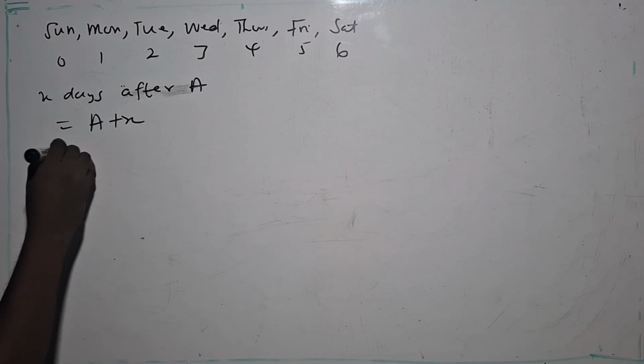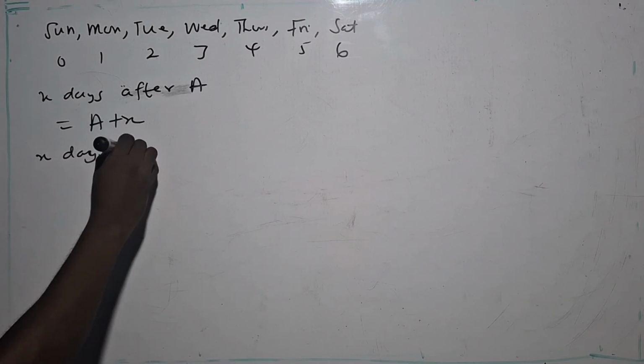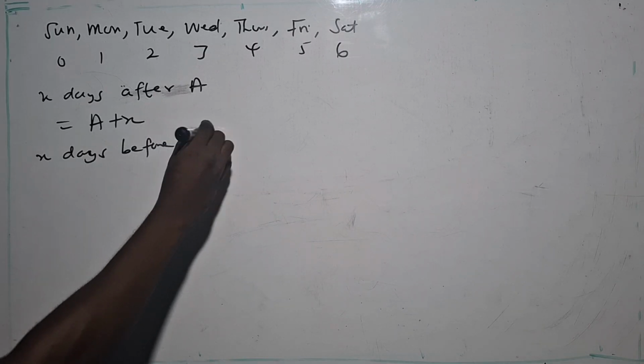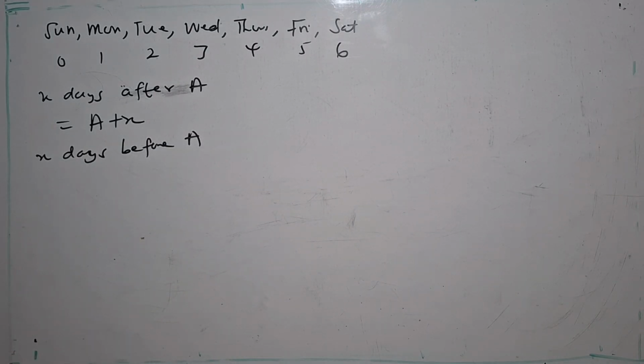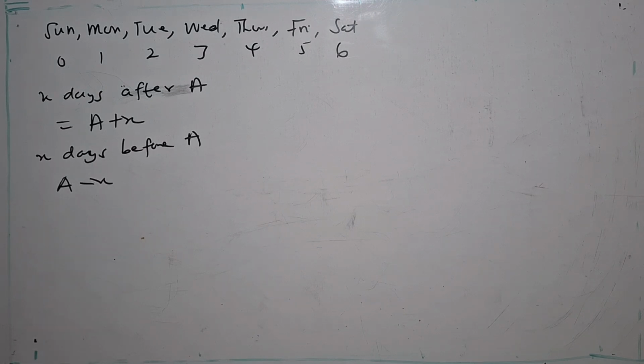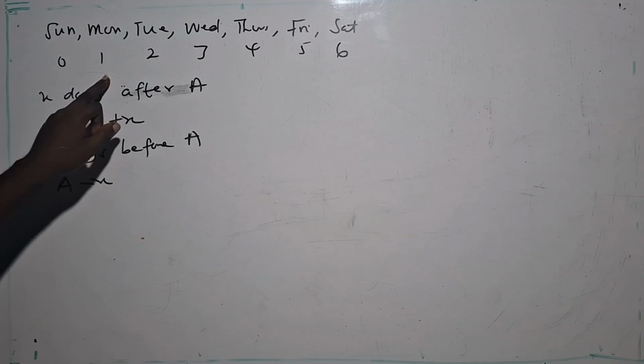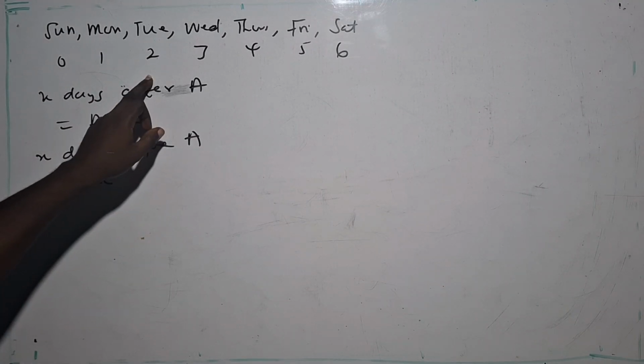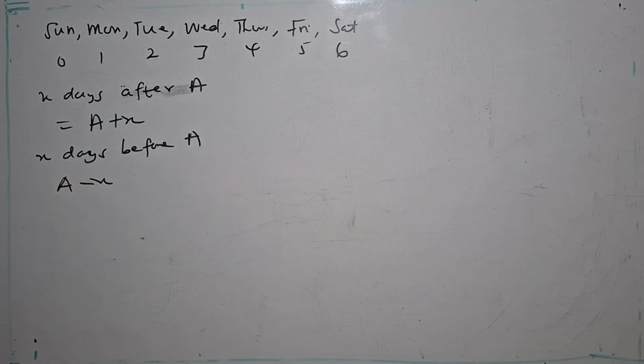When it is X days before A, it will be A minus X. The day they have given you minus the number of days they are talking about. And here, what you have to know is that Sunday represents 0, Monday represents 1, Tuesday represents 2, Wednesday and following. So let's take a question like,